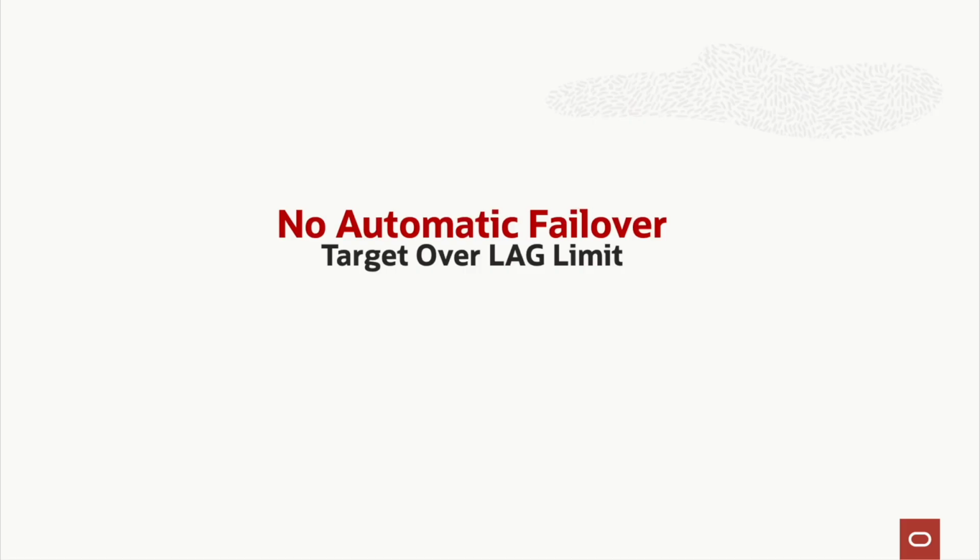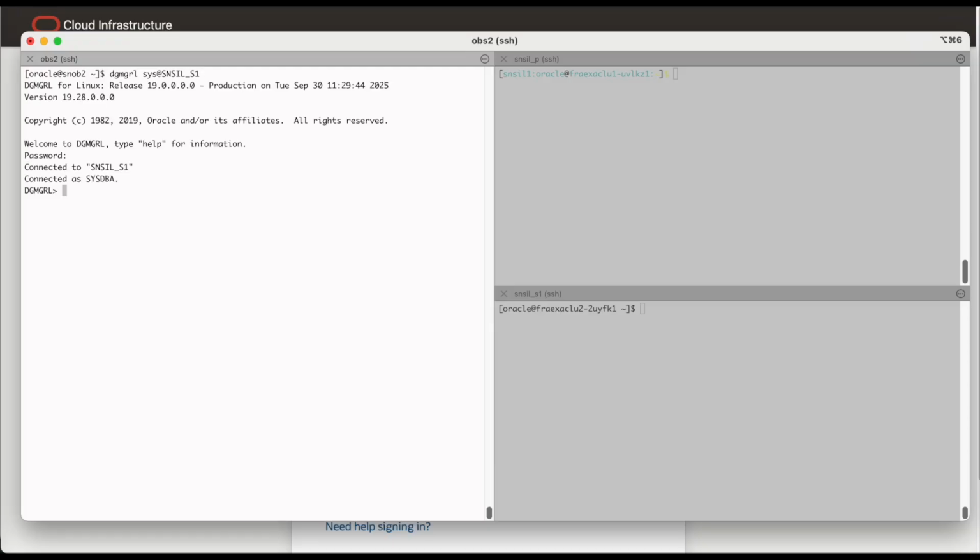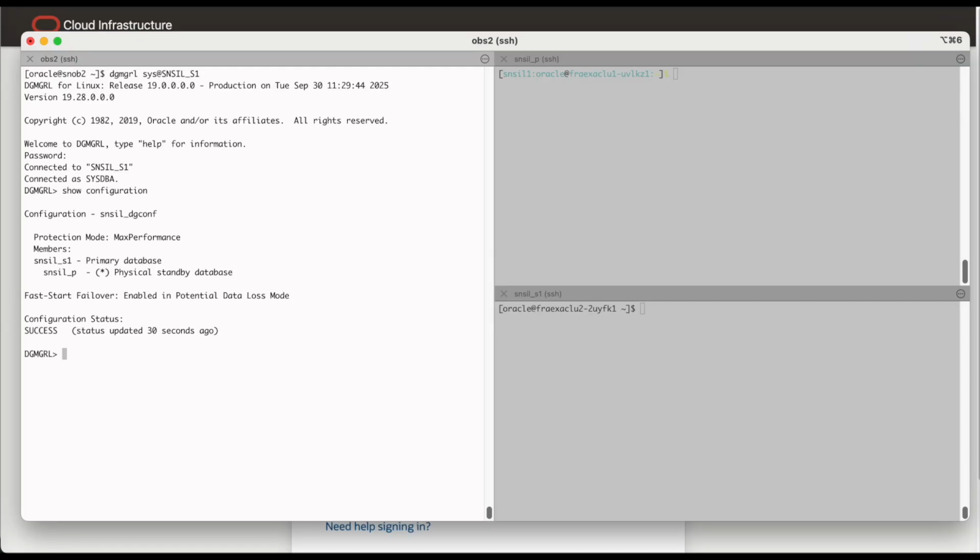Now let's do a test to see the scenario when the target is over the lag limit. In this case, no automatic failover will occur. We connect using DGMGRL and verify all details.